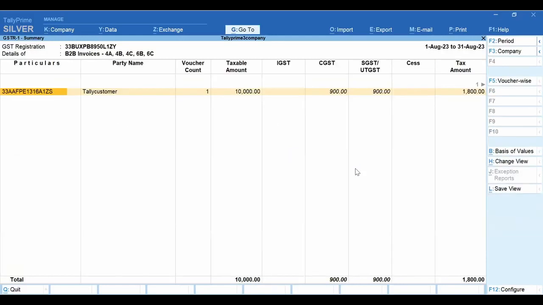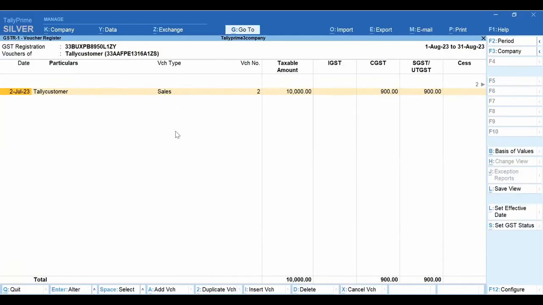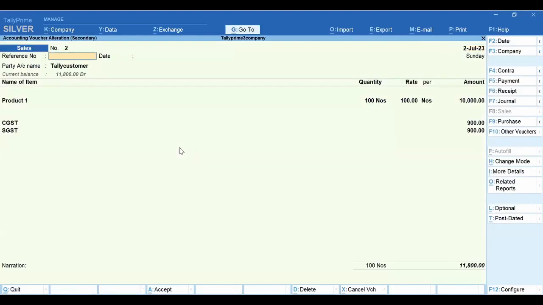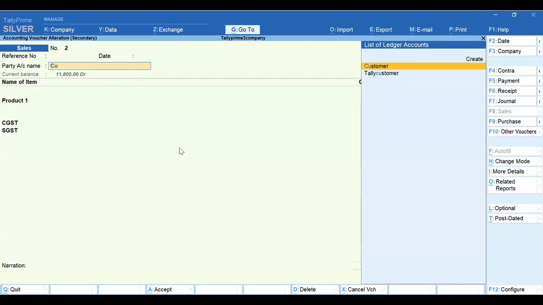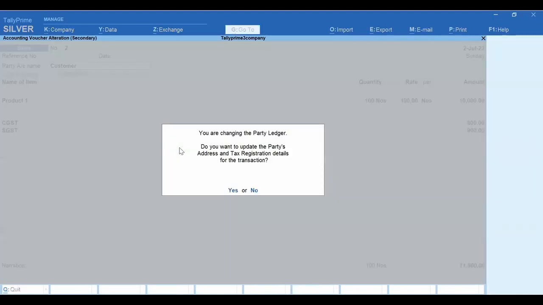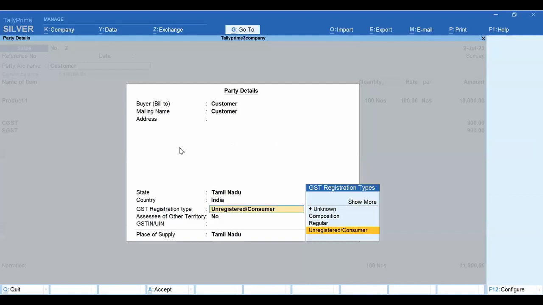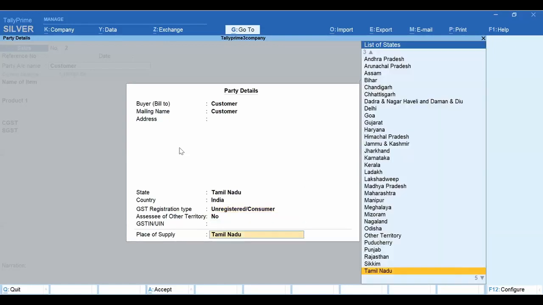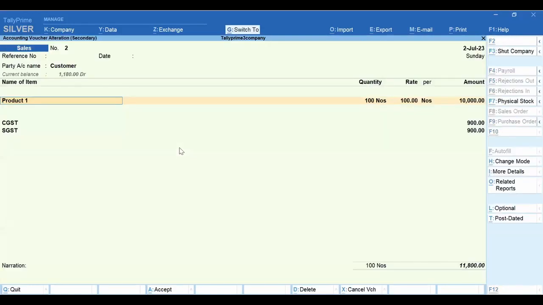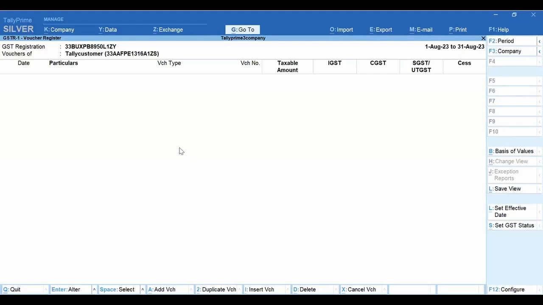Say for example, I am just changing this. You are changing the party ledger. You want to update the party address and everything. Yes. This customer ledger is an unregistered consumer, doesn't have any GST number. If I change my B2B bill into B2C, okay,